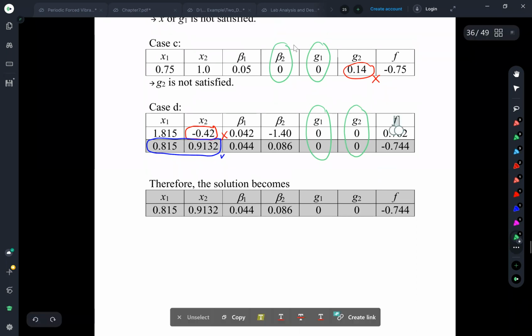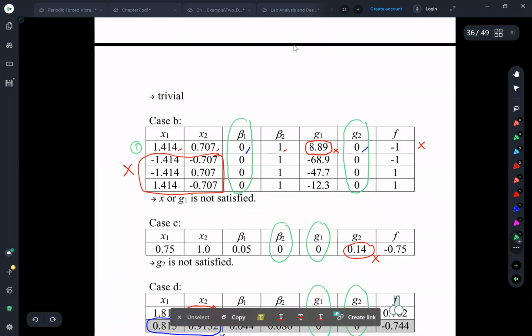0.744. This is a larger area. But why isn't this solution the maximum area that we should answer? This is because, you see, look at G1. The G1 said the result is